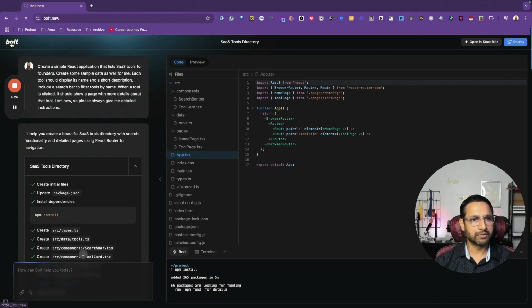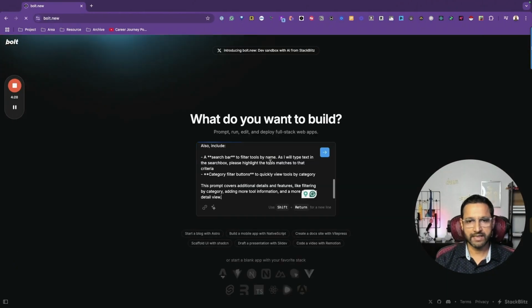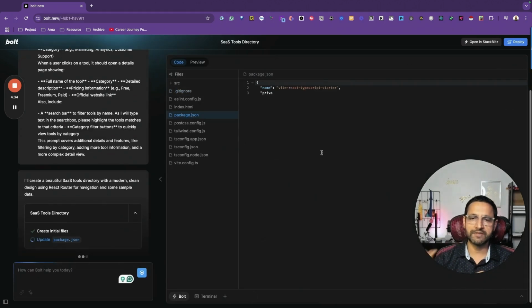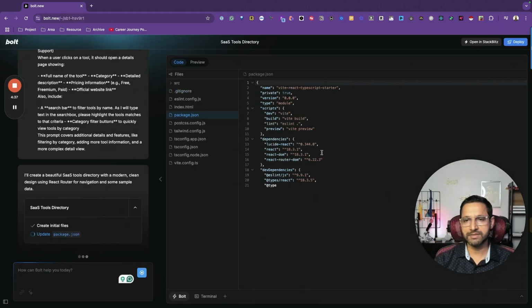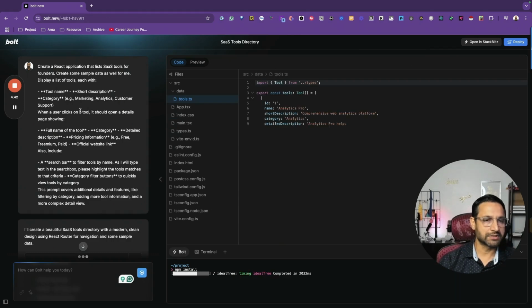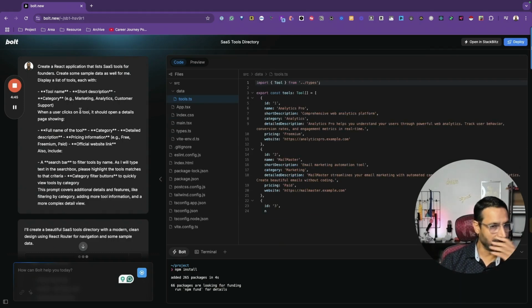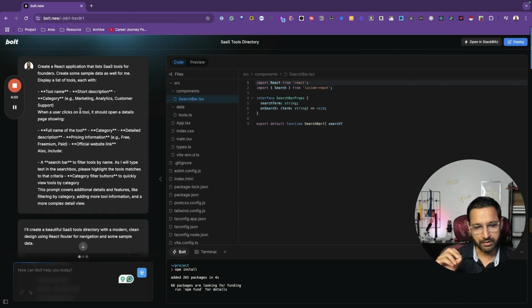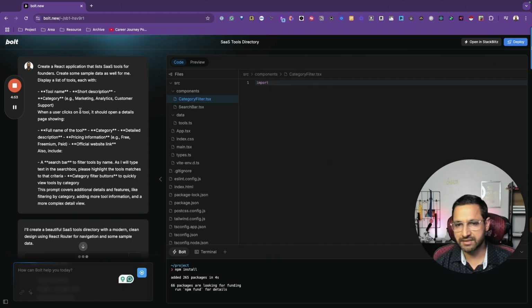Cool. So we'll go back to the home screen. We'll type these detailed instructions and I will do the same thing, enter. You can see the difference between what it does with a simple instruction versus a more complex instruction. Now, understand that this instruction can be as big as you want. You can give multiple pages, all the details, all the acceptance criteria and things like that, and then it will